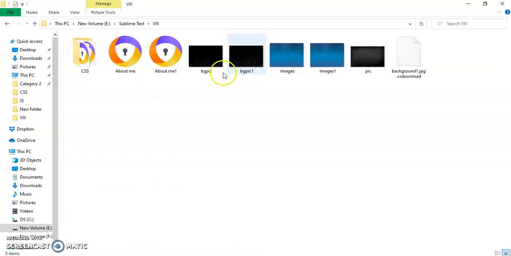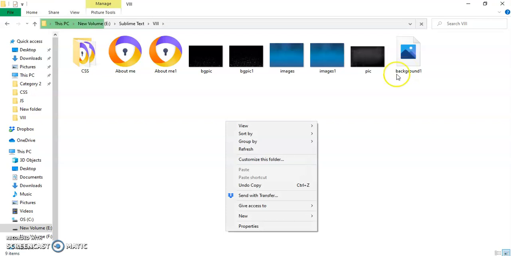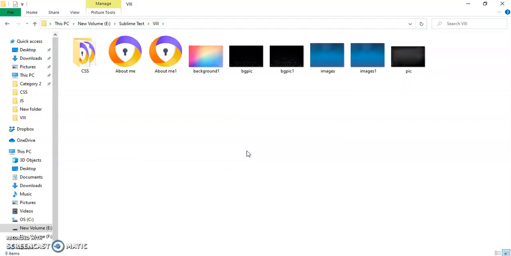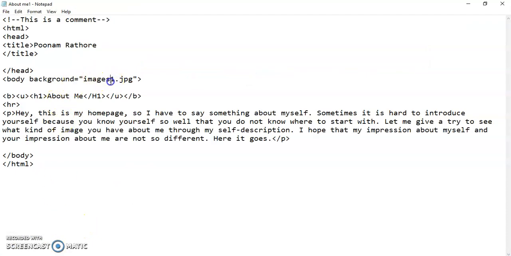So now how to use it? Let me show you that my image is here, right? So my image is also here. Refresh it, you'll get it. So I can use this image also, but again, if it is small in size, then it is going to be in the form of pixels. So my background 1 is here. If I am going to use it over here,